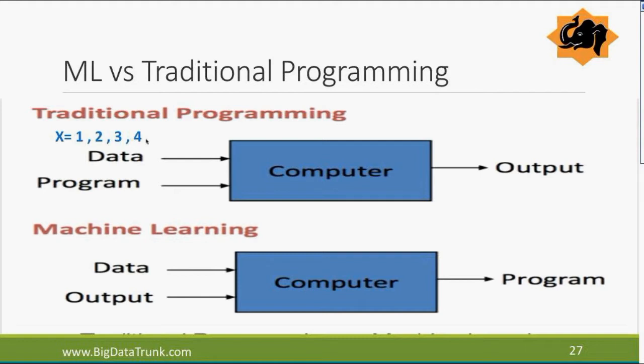Now a good programmer is going to come in and write a program in any language, Python, Java, .NET, whatever he may like. Let's say he's writing a program for a simple function, x square. He's just taking an input and squaring it, just making a square of that number. And his program works fine, no errors and everything. It gives us the output: 1 becomes 1, 2 becomes 4, 3 becomes 9, and so on and so forth. So that's the pattern it follows. That's traditional programming, as simple as that.